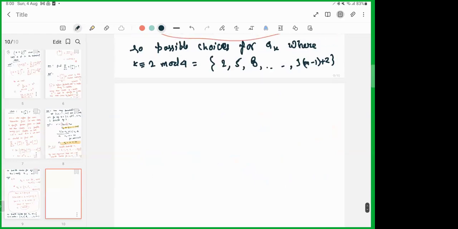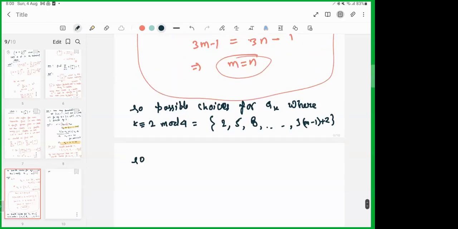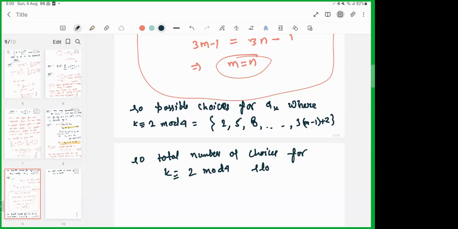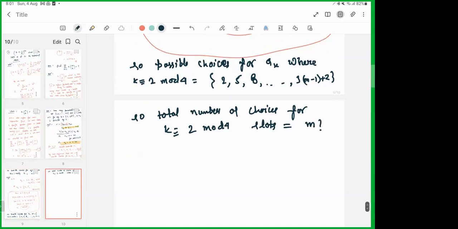So these are the possible choices for A_K. So the total number of choices for K congruent to 2 mod 4 slots is m factorial again. Similarly,